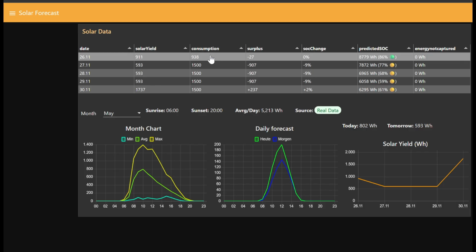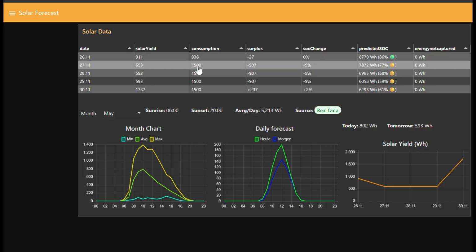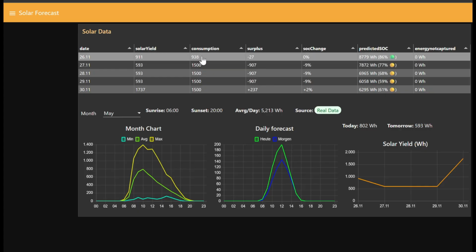I have a consumption, which is a fixed value of 1,500 watt hours a day, because today has already started, this value decreases automatically. And with the solar yield, I get a surplus, an SOC change. So I know, okay, today I will basically stay at the same SOC value, and everything that